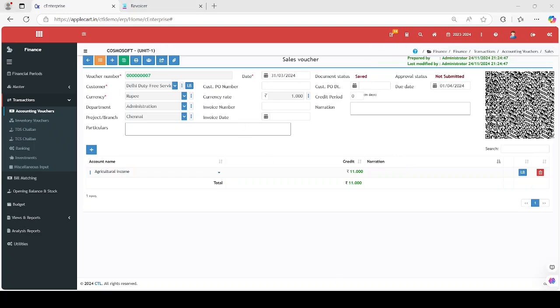You may have noticed that no other accounting software is as simple to use as the C Enterprise accounting system. So why not switch to C Enterprise for your accounting needs?